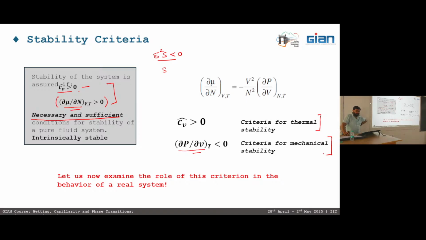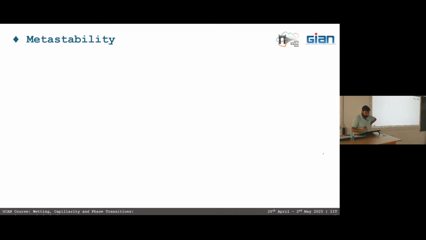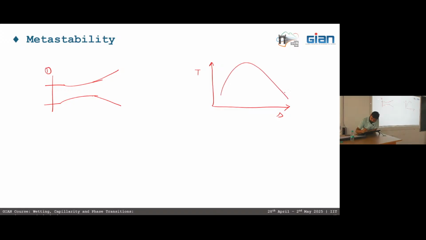For that, let us assume a real system. Let us assume that our steam is expanding through a nozzle, and this steam is in superheated form. So this is our nozzle, and the steam is expanding from this nozzle. Let's say that at any point it is at 1. Let me also draw the TS diagram for this situation. So this is the TS diagram, this is your dome, and initially let's say the steam is at 0.1.